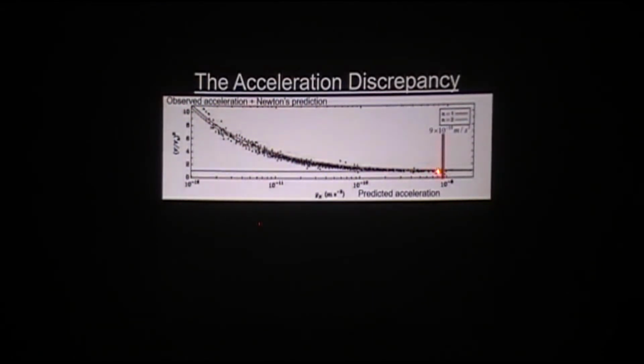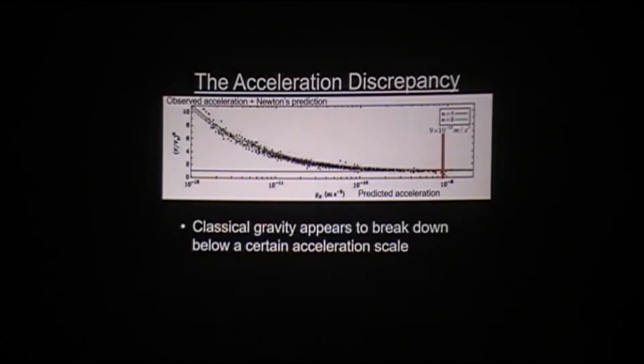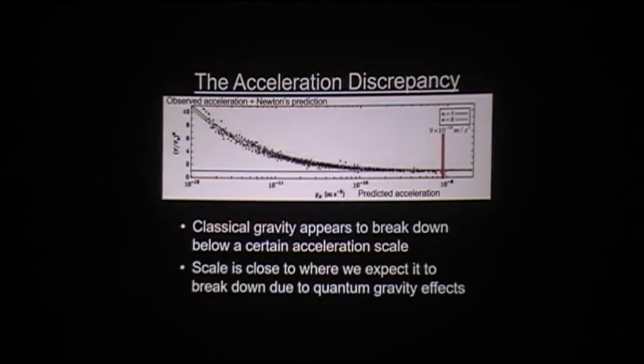we predicted it. So just to give an idea, the solar system acceleration scale, so this is logarithmic, the solar system is way over there somewhere, at about 10 to the minus 2 meters per second squared. So it's 10 to the minus 9, and you can see that's basically where the onset of the discrepancy is, within a factor of 5 or 6, roughly speaking. This is what I was saying.